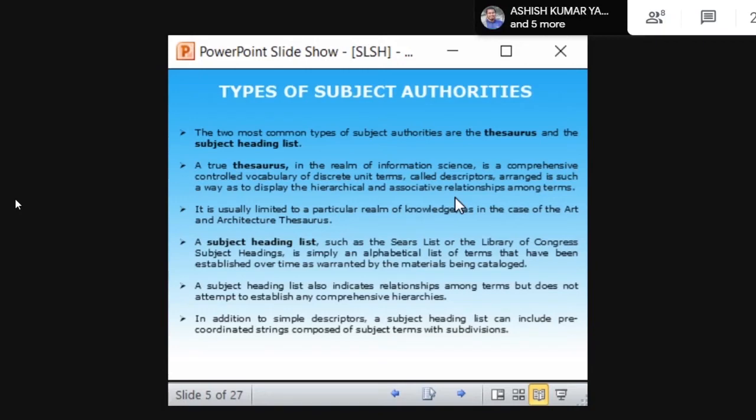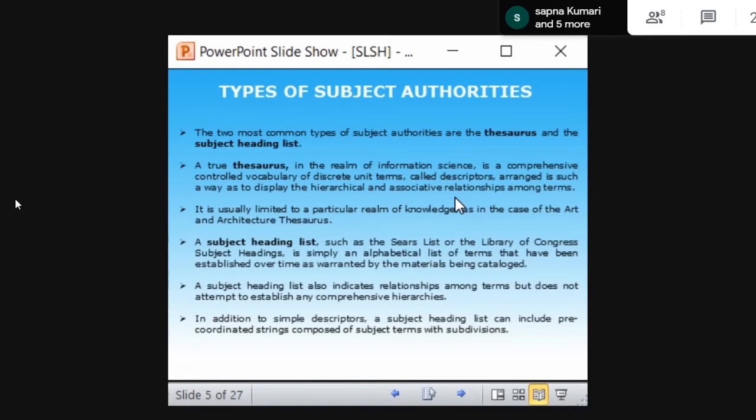And associative, I told you, is association. There is a relationship between related terms, RT. So RT comes under associative relationship. NT and BT, narrower term and broader term, come under hierarchical relationships. While dealing with the thesaurus I will be explaining those also. And in the last class also, I gave an overview of what is associative and the different types of relationships. You can always go through that.